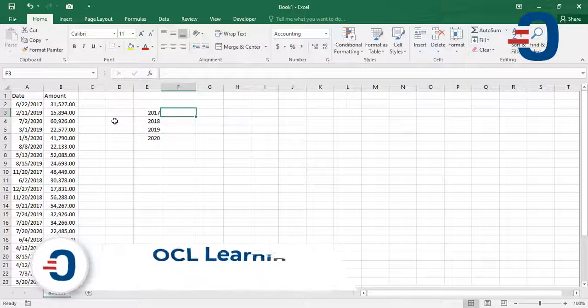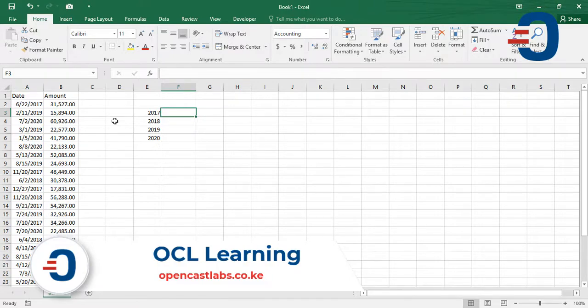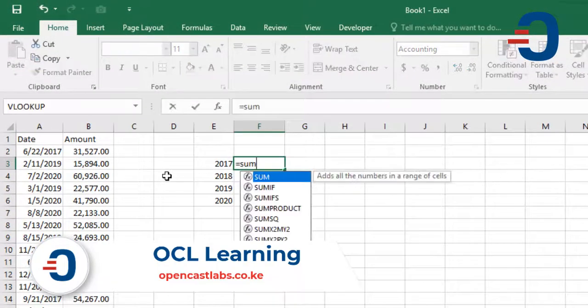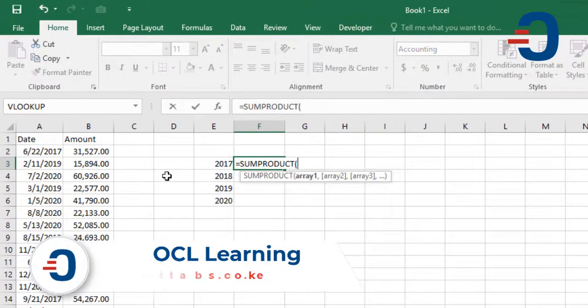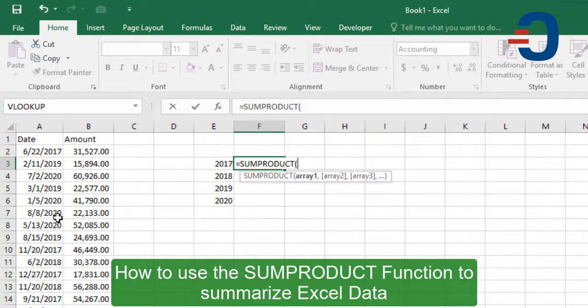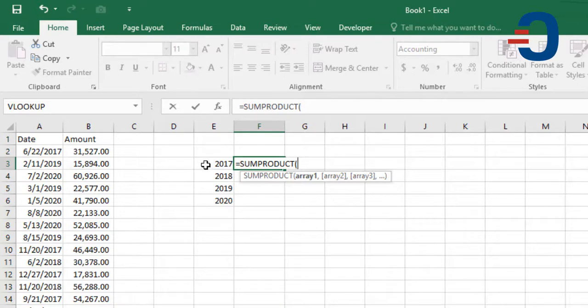The SUMPRODUCT function can be used to summarize Excel data by converting it into an array function. By using the SUMPRODUCT, you can select the column that contains dates here and summarize the amounts. So because we want to summarize this by year, we'll convert the array containing the dates into the year by